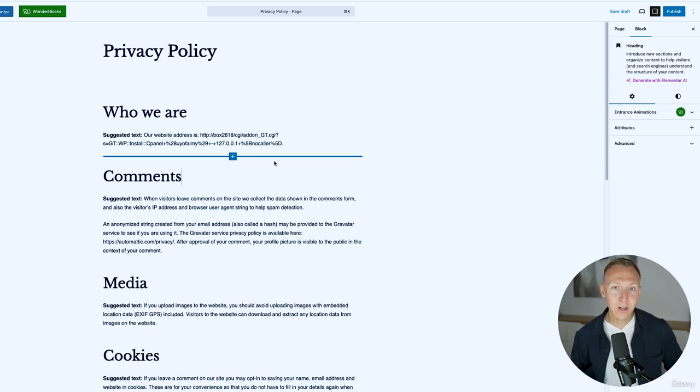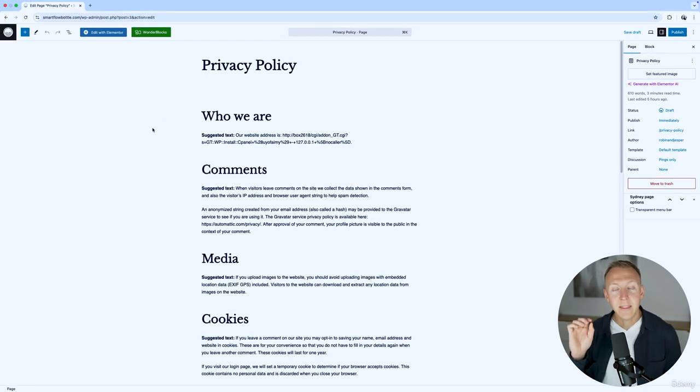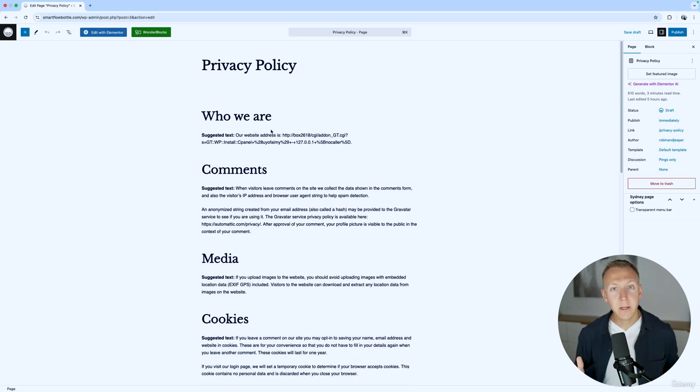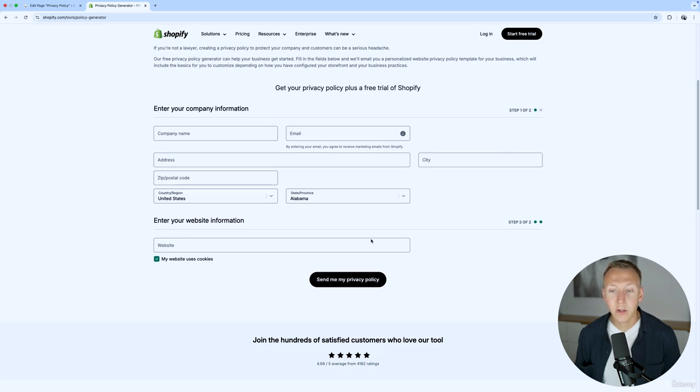We need to make sure we have a proper privacy policy. And because it's quite complicated and we want to be on the safe side, I recommend that we use a generator. So if you go to the resources section, there will be a privacy policy generator right there that's going to be a lot better than the one we get as a default here. It will be one made by Shopify, it will be more detailed, and it will also be easier to fill in. So just go ahead and open it up,